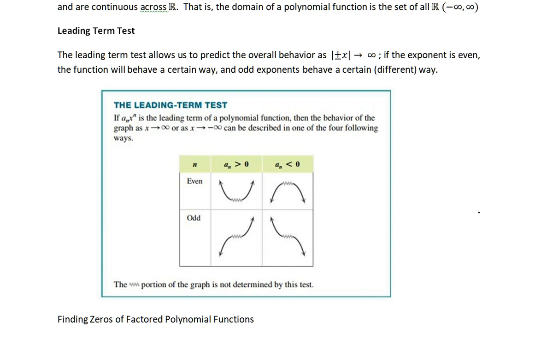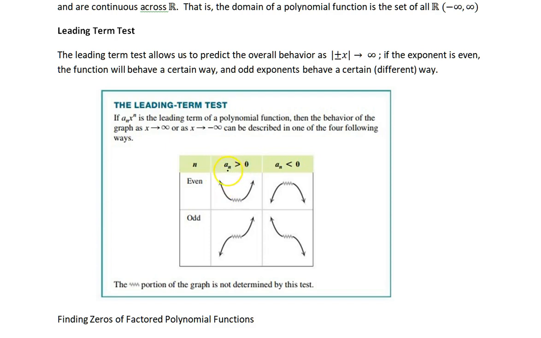The leading term test talks about the overall behavior, the big picture behavior that you're going to have when you are dealing with something raised to a certain exponent. Okay, so if your exponent is even, we're raising our n to an even number, so you'd have n to the second or n to the fourth or n to the sixth, anything that's even,